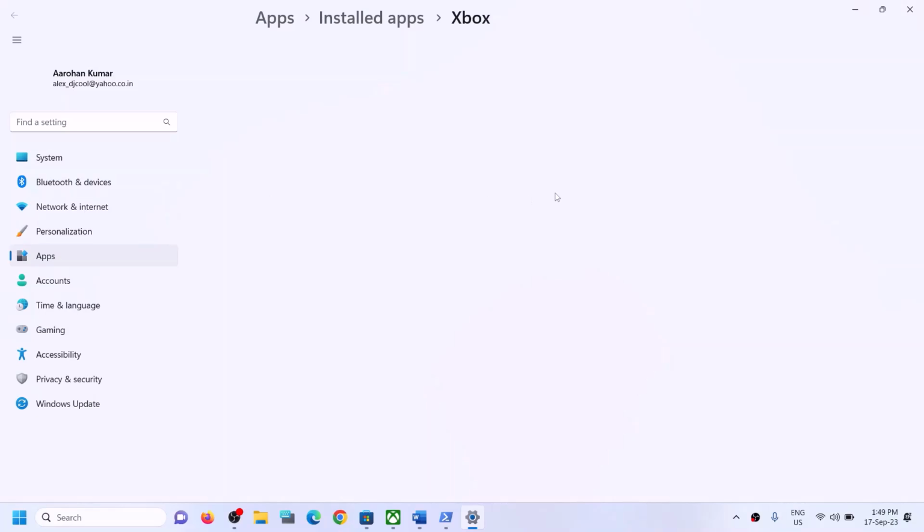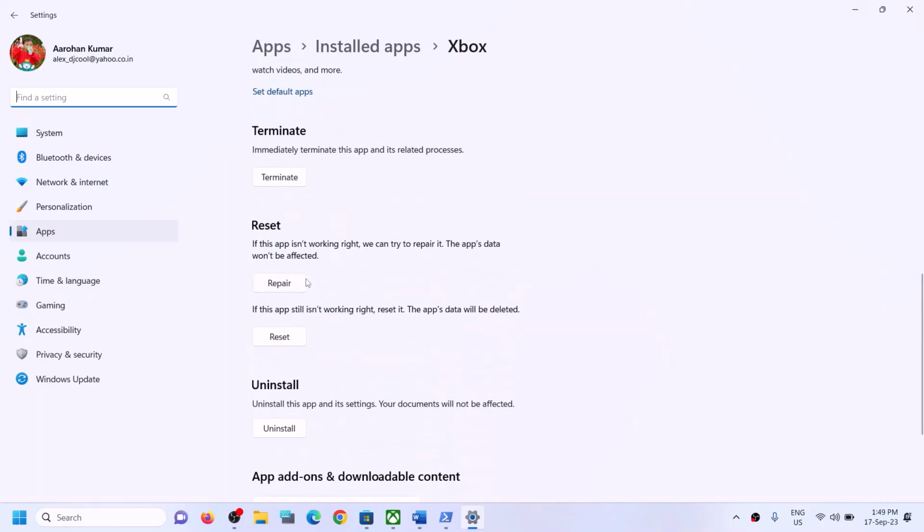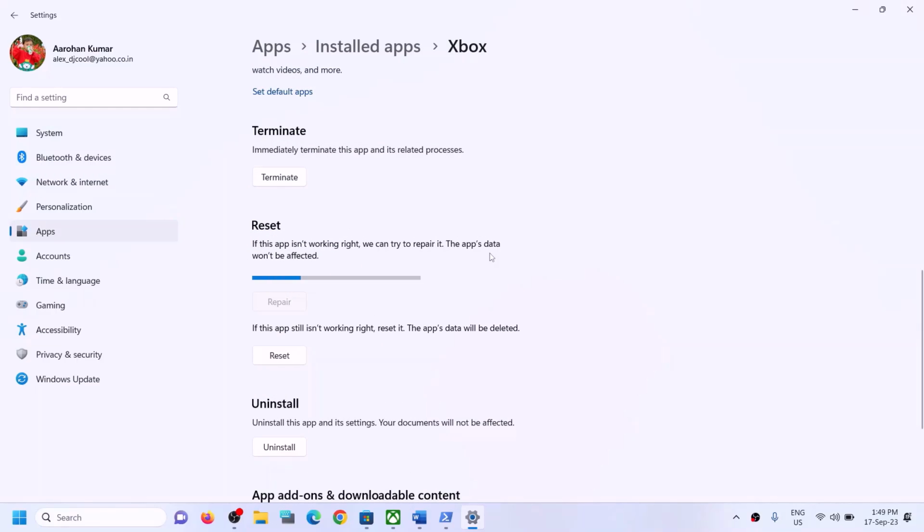Now on this screen, scroll down and then you will see the repair option to repair Xbox app. Click on repair. And after the repair, you can try to install the game. Still, if you are facing the problem,